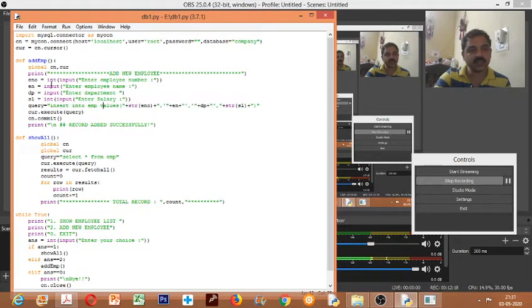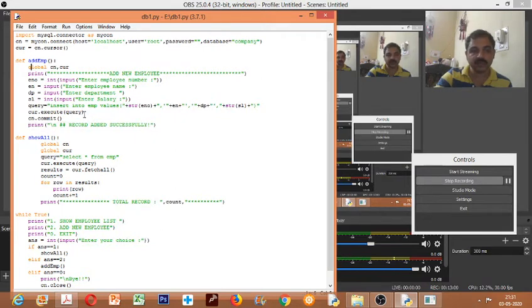So here employee number, employee name, department and everything is entered by the user. So it has to be passed through here. So cursor.execute query. Query is nothing but this command, so that is executed here. Once it is executed, the data will go to the MySQL table, and then you need to save it. So how do you save? The connection.commit function is to save the SQL commands. Then we are just writing a print statement for displaying success. So this is how the addition of the element is done.